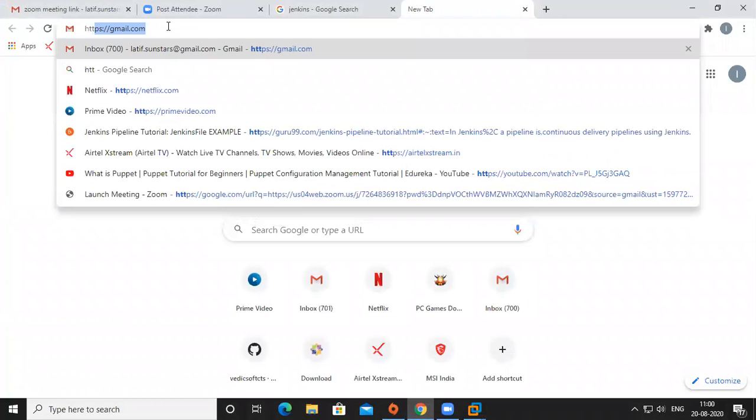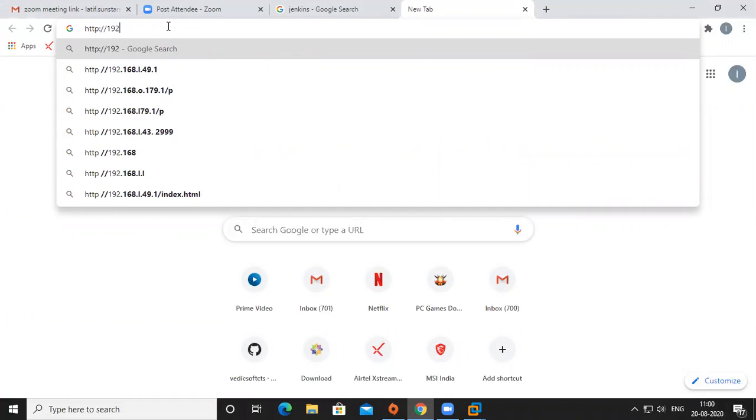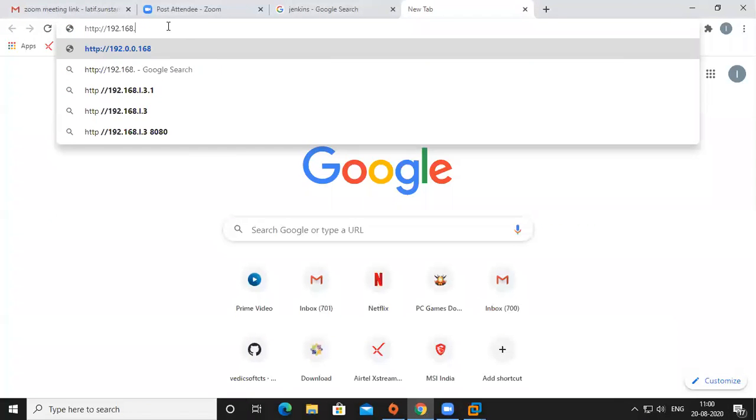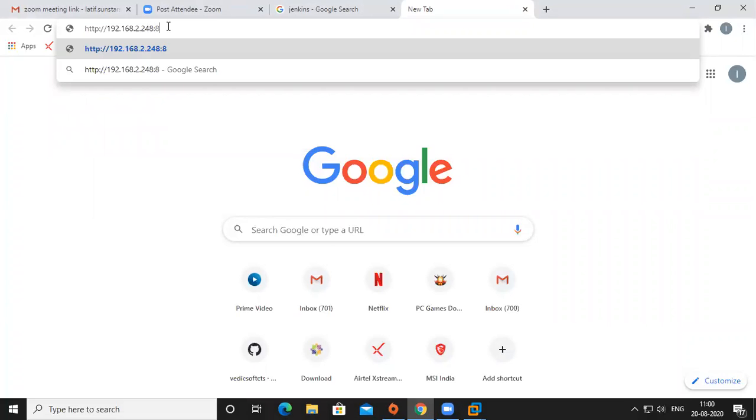So http://192.168.2.248:8080. 248 is my virtual machine IP address, and this browser is on my physical PC.